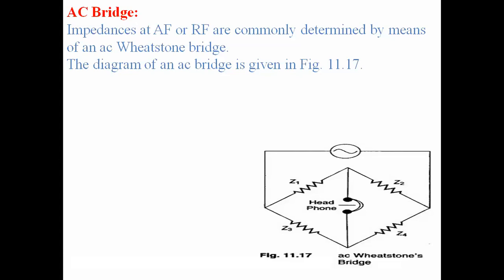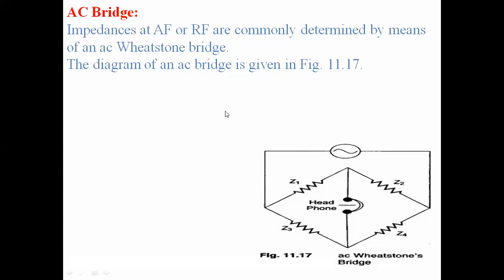When we adjust any arm, that is, the adjustment of any impedance, by adjusting that impedance value we can make the AC bridge balanced. When the bridge is balanced, no sound will be heard; the beep sound from the earphones will not be heard. If the bridge is unbalanced, we will get the beep sound. Like that, we can use the AC bridges for detection of balancing and unbalancing of the bridge circuits.